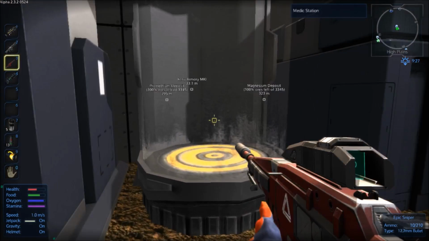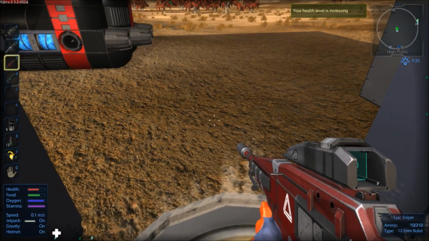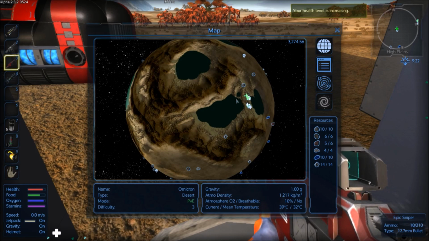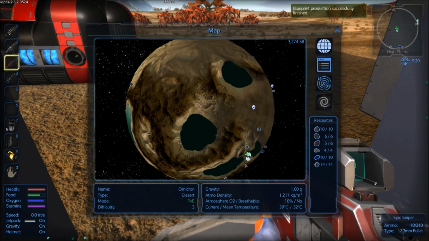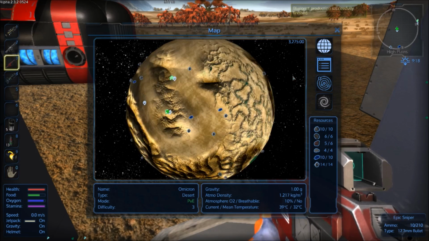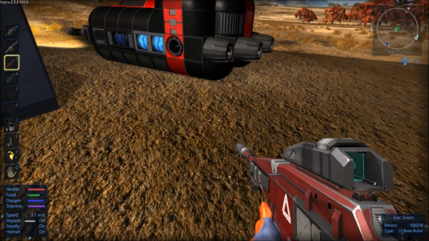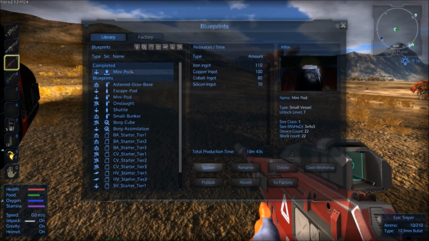But if I do, then I will have to actually make a trip back to the bunker way over here to actually get anything. So it's like exactly on the opposite side of the planet, which is annoying, but you know, what can you do? Alright, so I should be able to mini pod